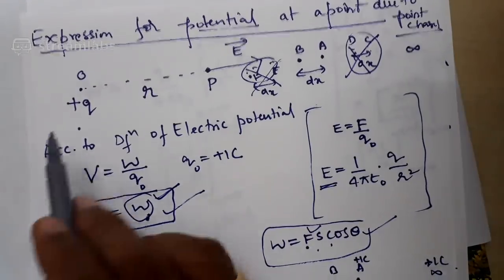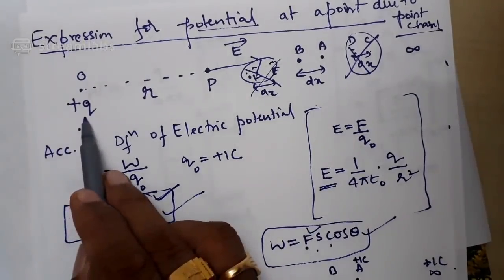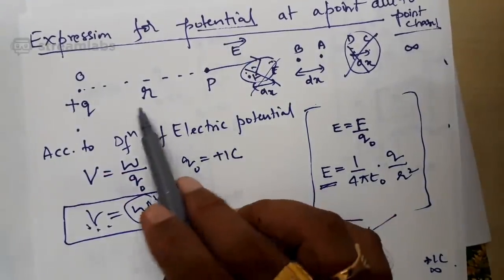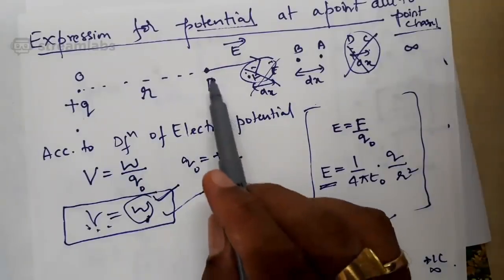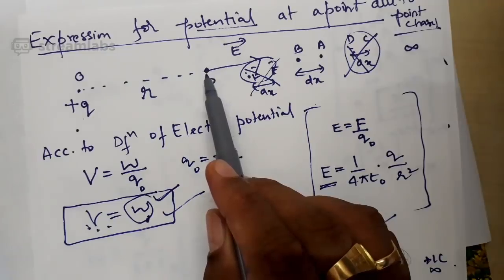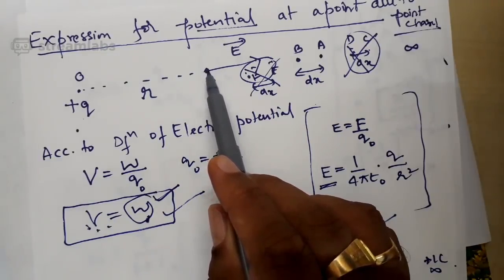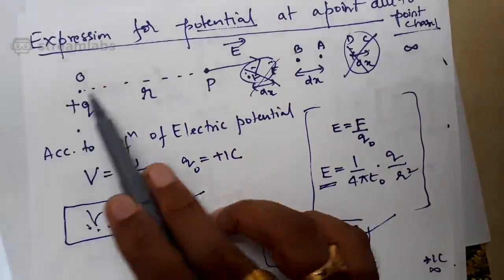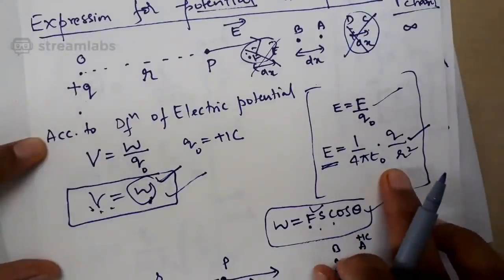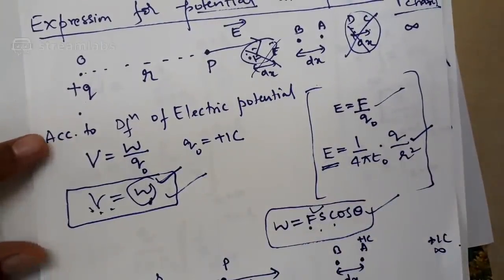I assumed a plus Q charge at some point O. Then I selected one point P at a distance R from plus Q charge. Then I said I can define electric intensity at a point P. Even I can define electric potential at a point P. See, already we defined both of them. And even we have derived the expression for electric intensity at point P due to plus Q charge. So this was the equation followed. This was an expression what you got in the derivation in the previous chapter.